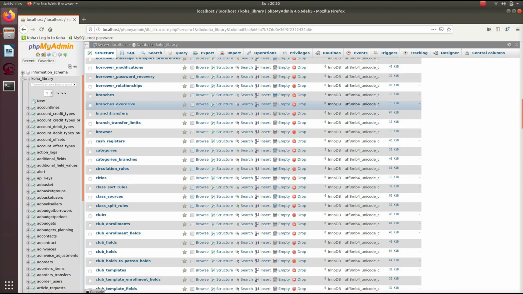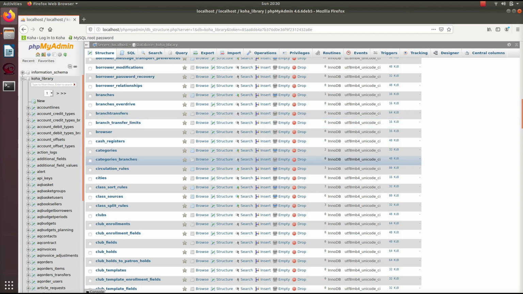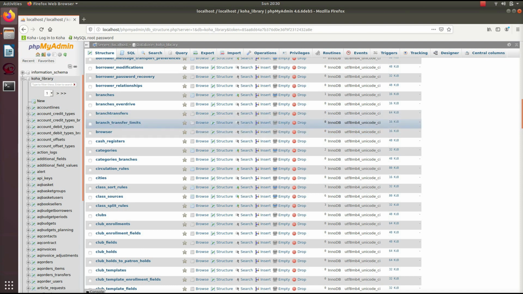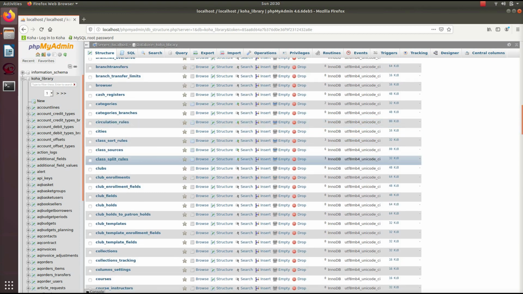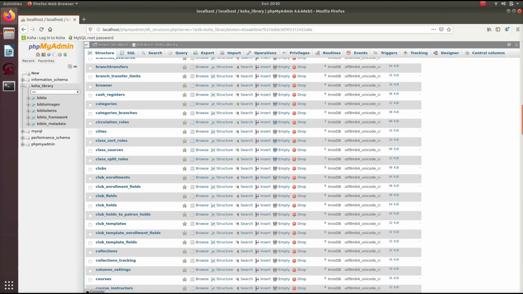So the discussion is how we can delete the ID from a particular table. So let me take you to the particular table where we are having the problem. If I am having a problem in a particular table, I can search for it here.